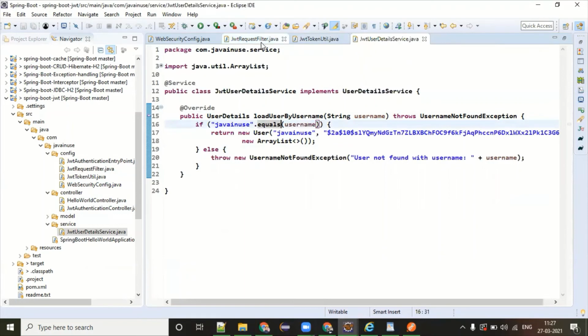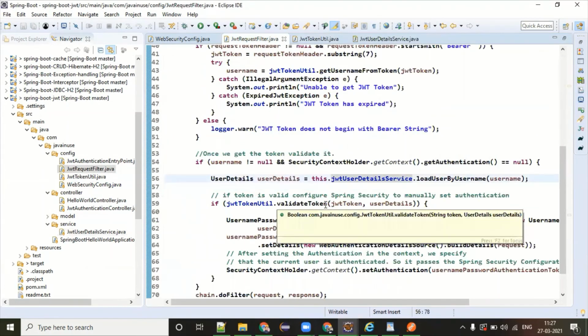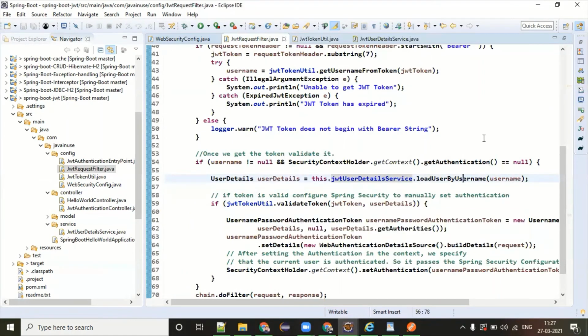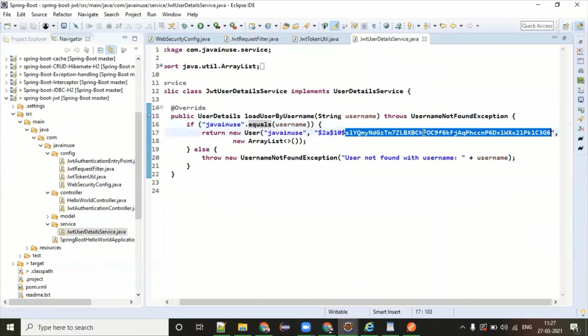Now, normally in a Spring Boot application, where does it store the JWT token in a production environment? Oh, this token, right? Yeah. No, the JWT token is not going to be stored anywhere. It is going to be matched by the algorithm.